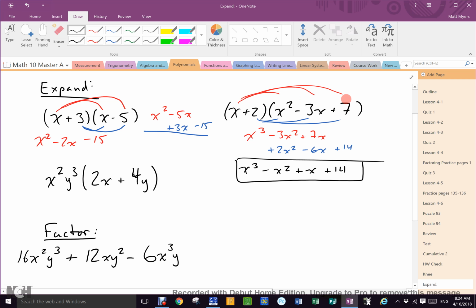The problem comes when you have to set it up to collect your like terms. And that's why I like to stack it. For every term over here, I do a line over here, and I keep the groups together. Everybody good? And then this one looks tricky, but it's not, because this, bing,